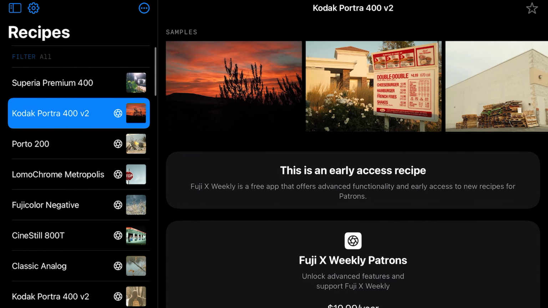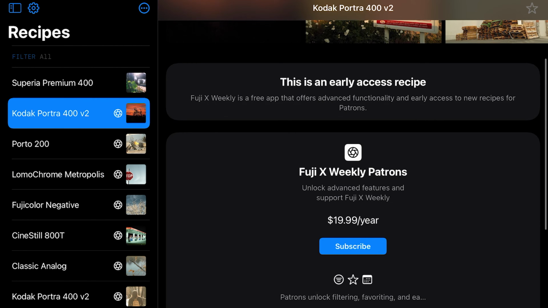Now the app is free to download for the iPhone and the iPad. It requires iOS 14 or later, so keep your iPad up to date. There is also the option on this app to become a paid Fuji X Weekly patron. This unlocks different advanced features such as filtering, favoriting, and you also will get early access to some new recipes as they become available on the app. But actually the free version, I took a look and you can actually have access to the majority of the film recipes. All in all, it's a great resource for Fuji photographers,